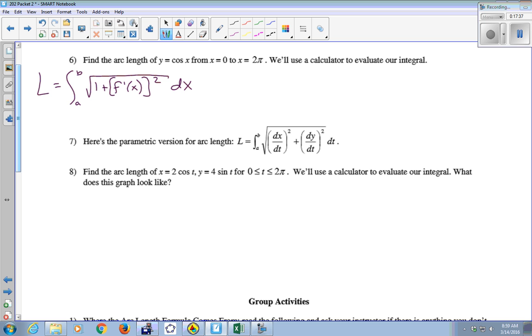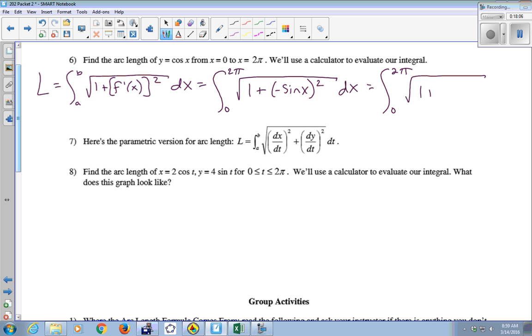So in our case, we're going from 0 to 2 pi. Integral from 0 to 2 pi of the square root of 1 plus, my function is cosine x. I have to plug in the derivative of that squared. What's the derivative of cosine x? Negative sine. So I just put negative sine x squared dx. So this becomes the integral from 0 to 2 pi of the square root of 1 plus sine squared x dx. And then if you just put that in a calculator,